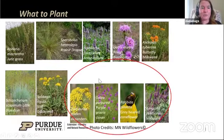So a couple things that you can do. Everything you do matters. Every little bit of habitat helps. But there are a couple plants that are bee magnets. There's a study that was put out by Harmon and Threat. I'm a scientist, I love studies, right? They found that these 4 species, the golden Alexanders, the purple prairie clover, my favorite, the gray-headed coneflower, and then lead plant are 4 plants that when they're available in a planting, bees tend to visit them more often, and lots of different kinds of bees visit them. So if you're looking to add a little patch of bee heaven on your property, you would want to plant